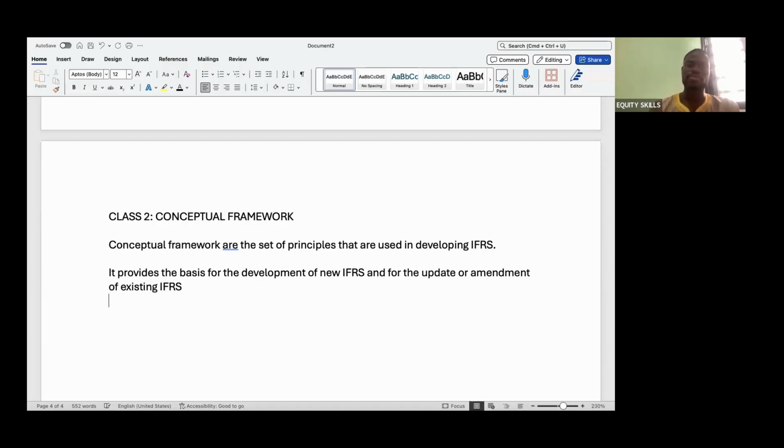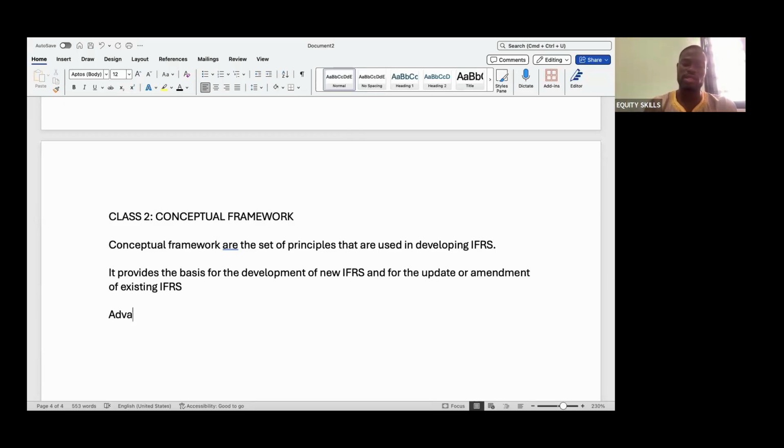So now, looking at this conceptual framework, having a principle that provides the basis for developing new IFRS, anytime they want to develop new IFRS, they have some set of principles already, which is exactly what we want to look at, those set of principles. So what are these principles? But before then, I want us to look at the advantages